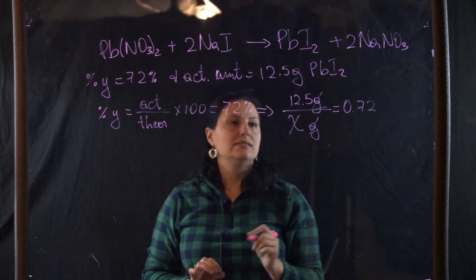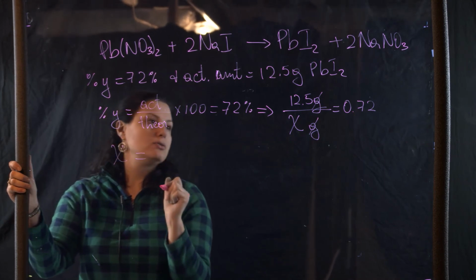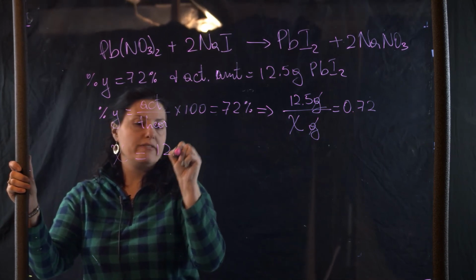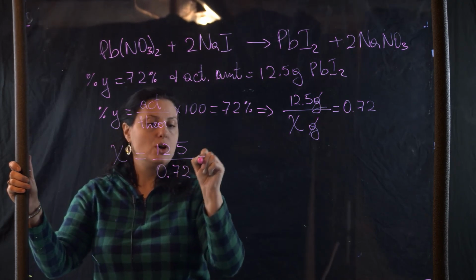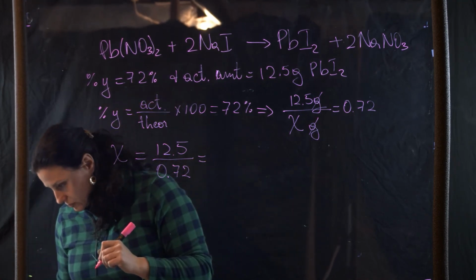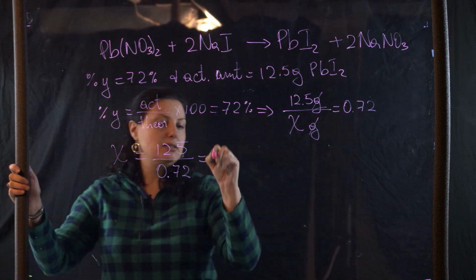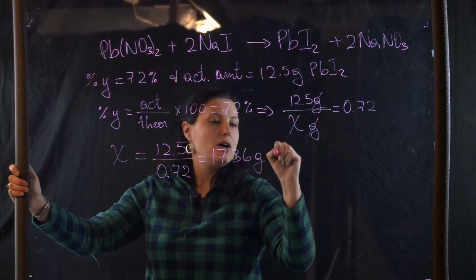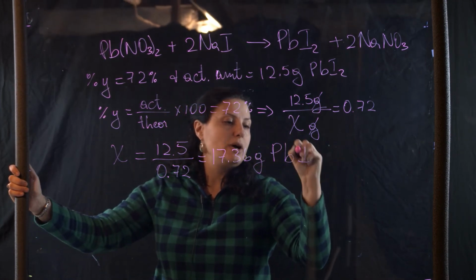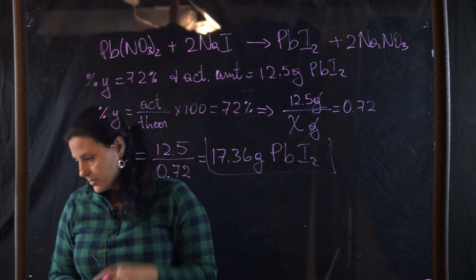My grams will cancel out, so my x will be equal to 12.5 divided by 0.72, which gives me 17.36 grams of lead 2 iodide. That was my theoretical yield. Okay? Now,